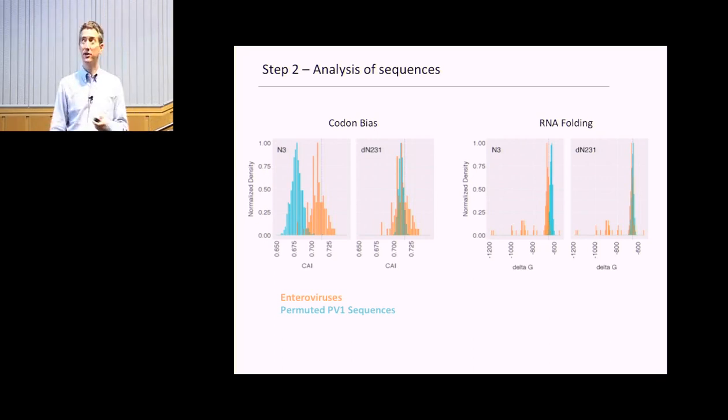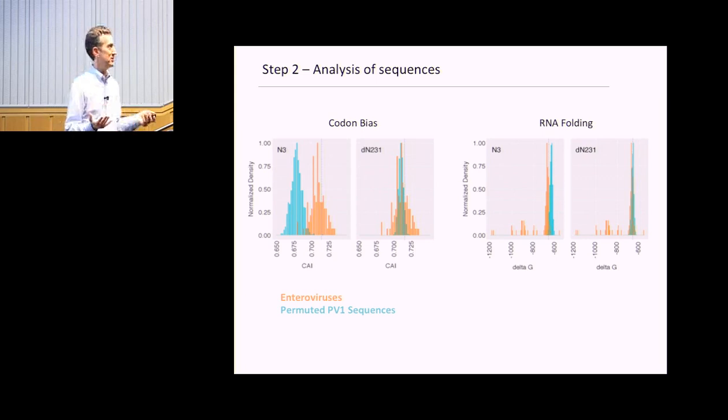We didn't know. And so what we plot along with this is the CAI, or the folding, for other enteroviruses. So we had a panel of 89 enterovirus sequences from GenBank, and we did the same metrics. Enteroviruses all have the same general structure as poliovirus. They have the same replication strategy, so it's sort of a control set. These all replicate in people, and so these are ones where presumably over this range of free energy, that's fine. It's kind of a biological control for what we're doing. And so we did this for 4,000 sequences